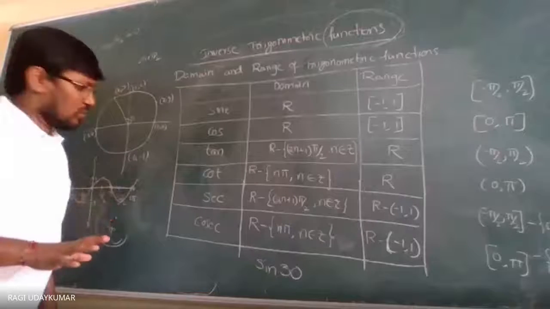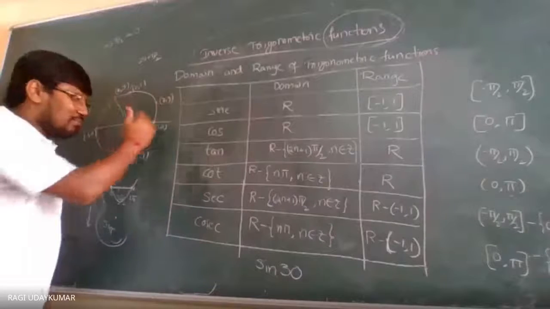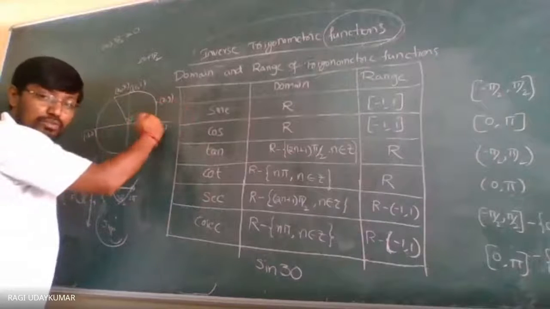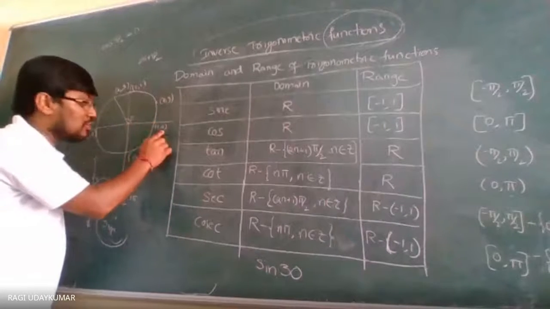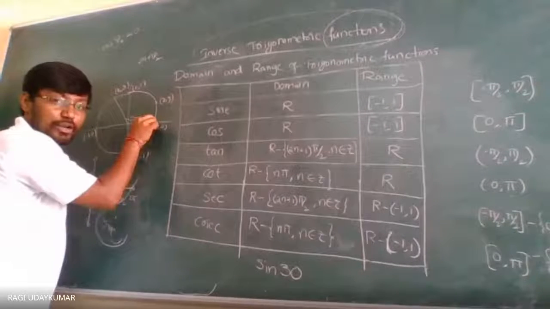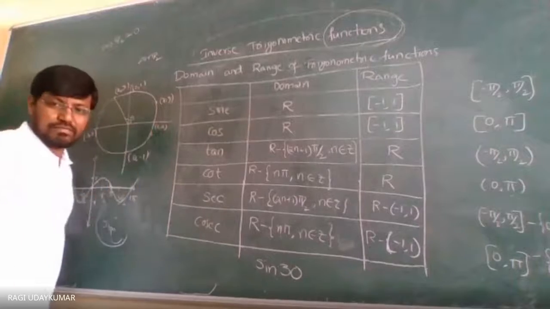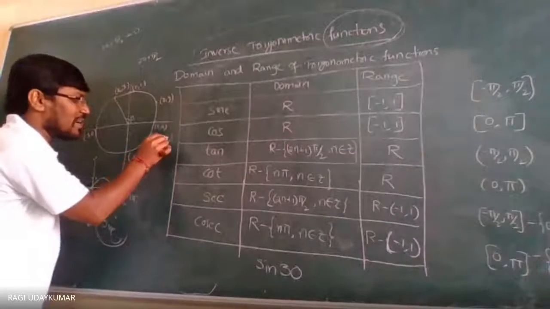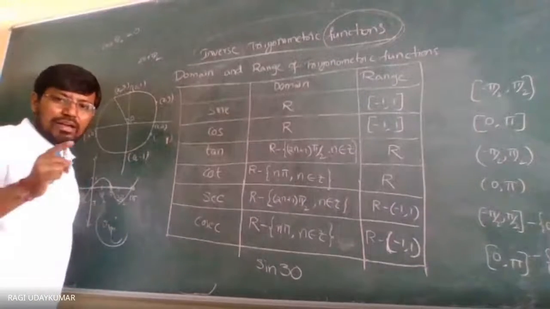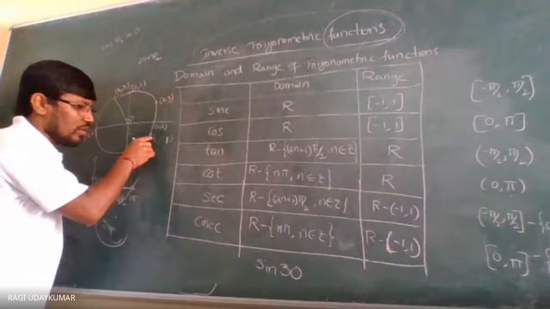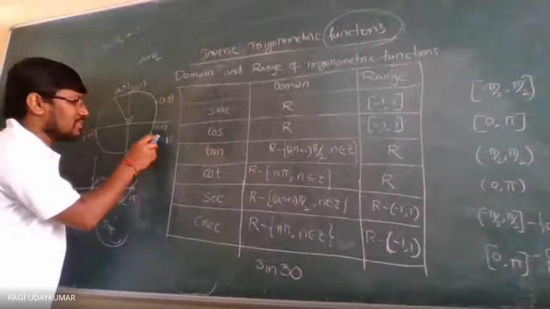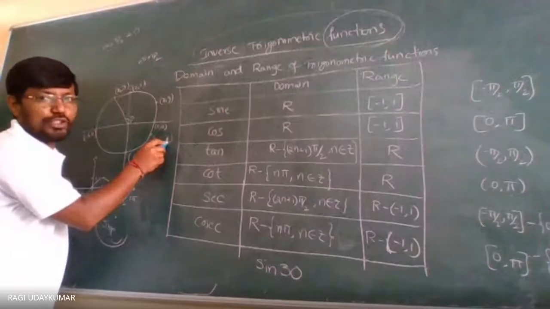Yes, sir. Okay. So 30 point something. After rotating 5 times, when it comes to here, the value of the sine is 0. But it comes to 30 point something here. So 30 will be approximately maybe here. So maybe here, what is the coordinate you are going to have here? That coordinate you need to guess here. So what is the y coordinate that should be guessed here?